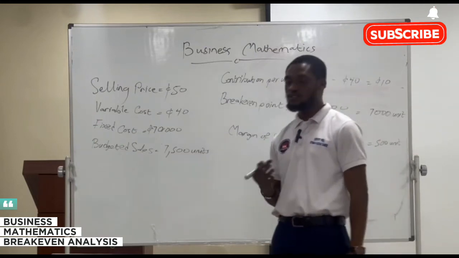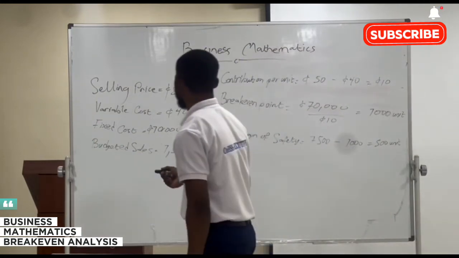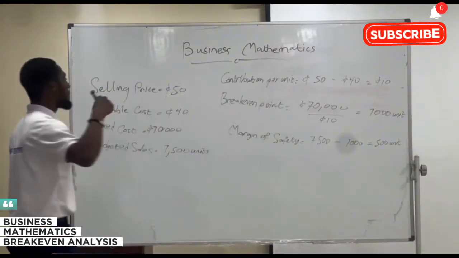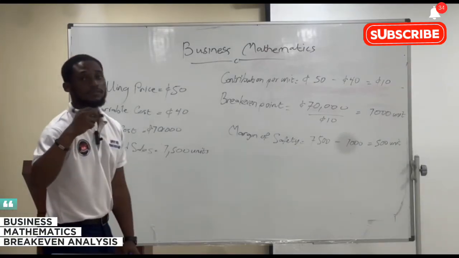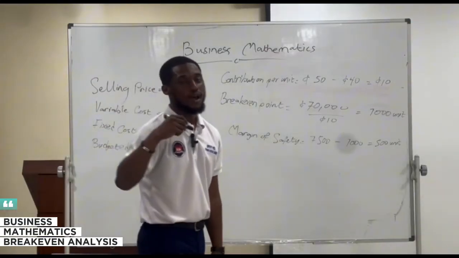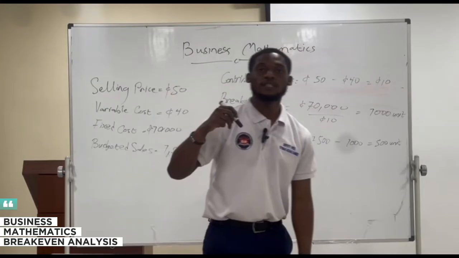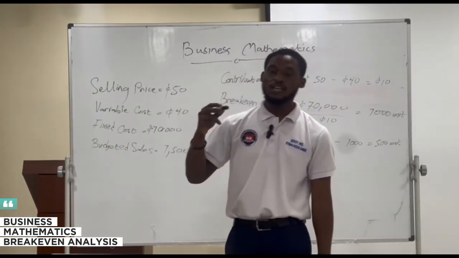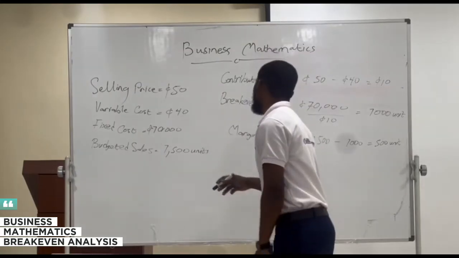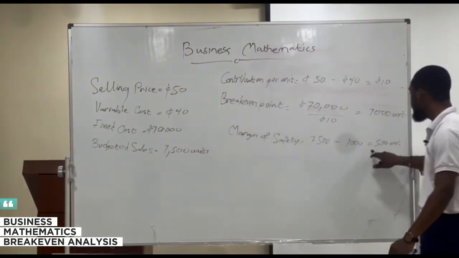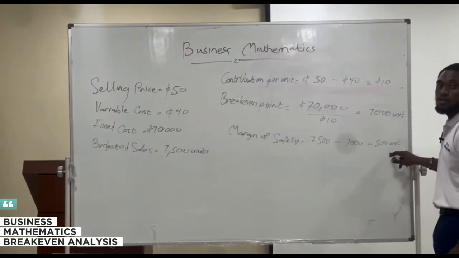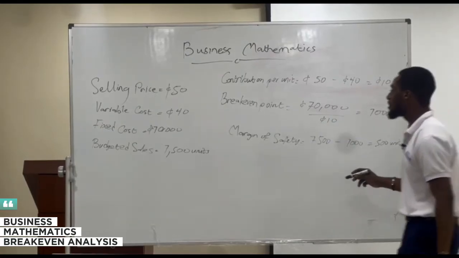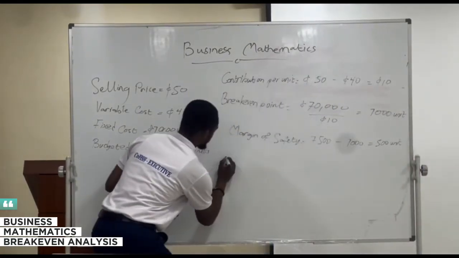After finding the margin of safety in units, you multiply the answer you get by your selling price to get the margin of safety in monetary terms. So if we are to find the margin of safety here, this is in units. So if we are to find the margin of safety in monetary terms,